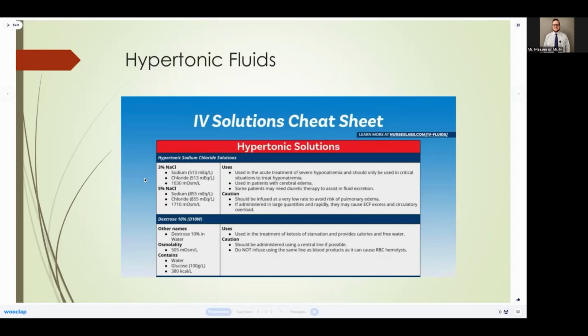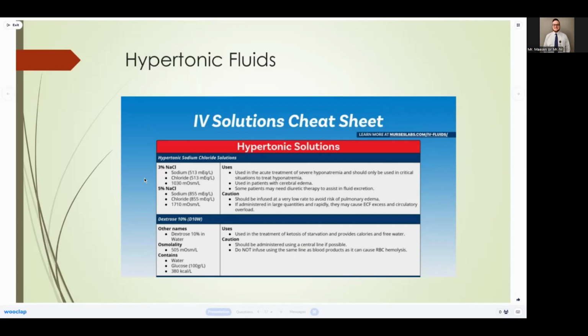Hypertonic fluids are another solution. These are high percentages of sodium chloride, used to replace a low blood sodium level. We could use this, but usually only in very critical use cases. This is very rare and can cause a lot of problems, so it does not happen that often that they will give hypertonic solutions,